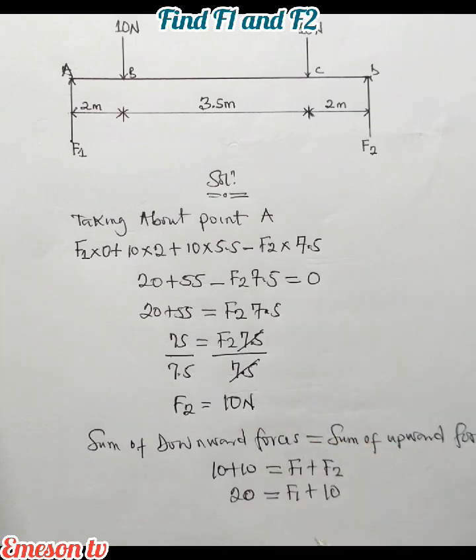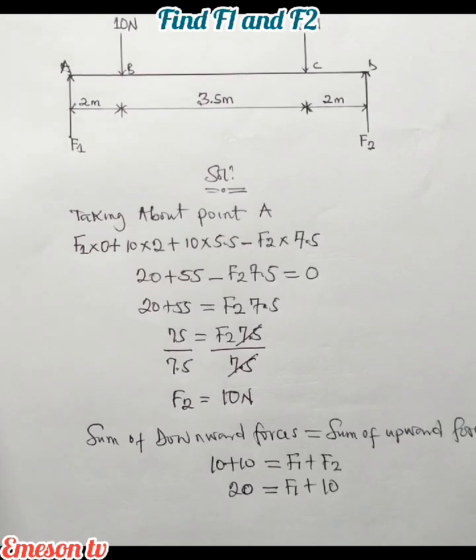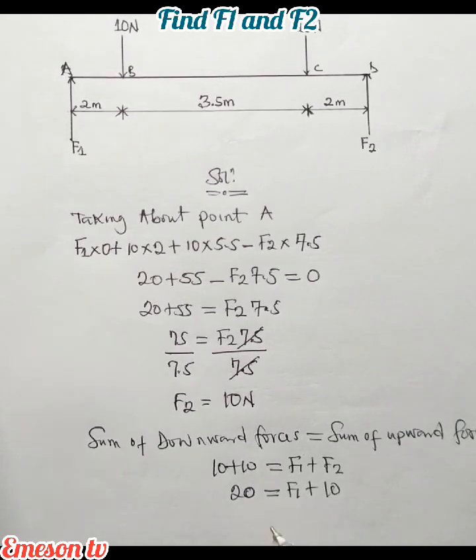This is F1 plus F2, and F2 is what? 10. So for us to get F1, it has to be F1 now becomes 20 minus what? 10. So our F1, because 20 minus 10 is what? 10. 10 Newton. So you can